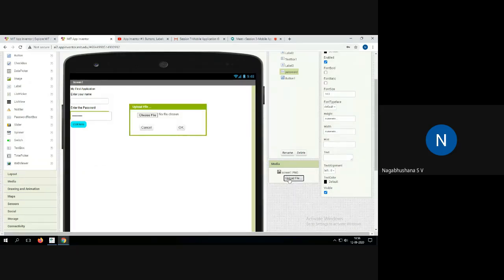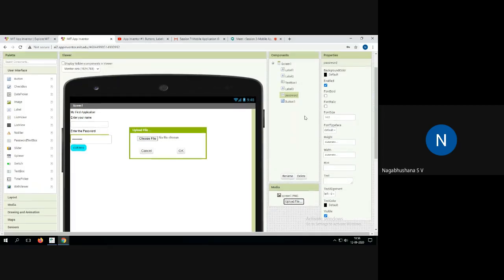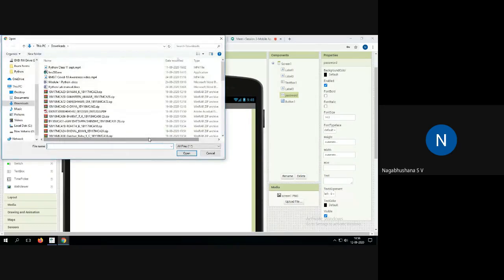In many of the user interfaces you would have seen enter your resume or enter your CV, or any other documents which you wanted to upload. So there is a provision in the component column where you can browse whatever the component that you want, and you can put it here.